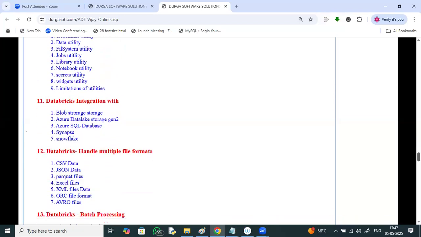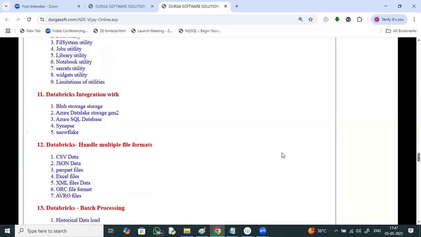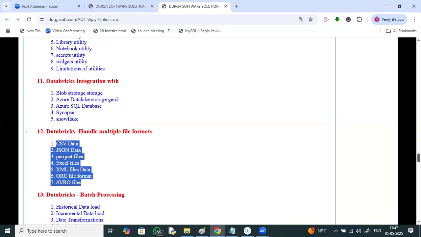Databricks integration with Azure SQL database, Azure Synapse, and working with different file formats, CSV, JSON, Parquet, XML, Excel, ORC, Avro.